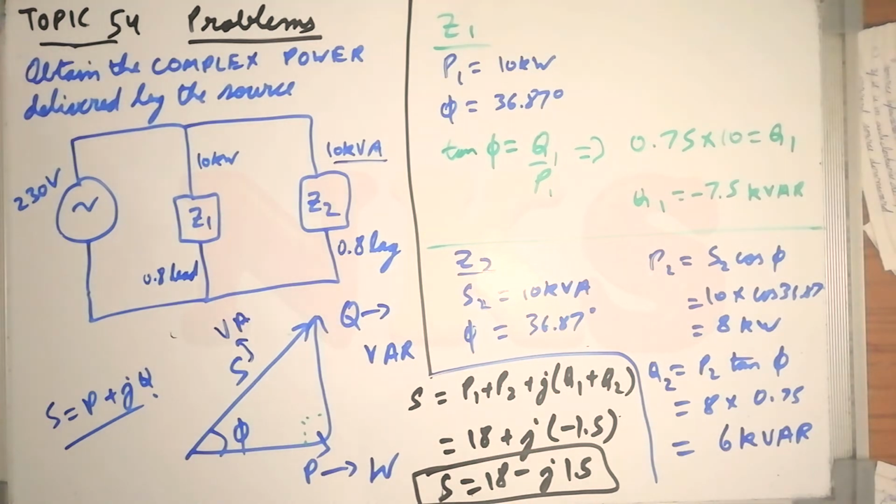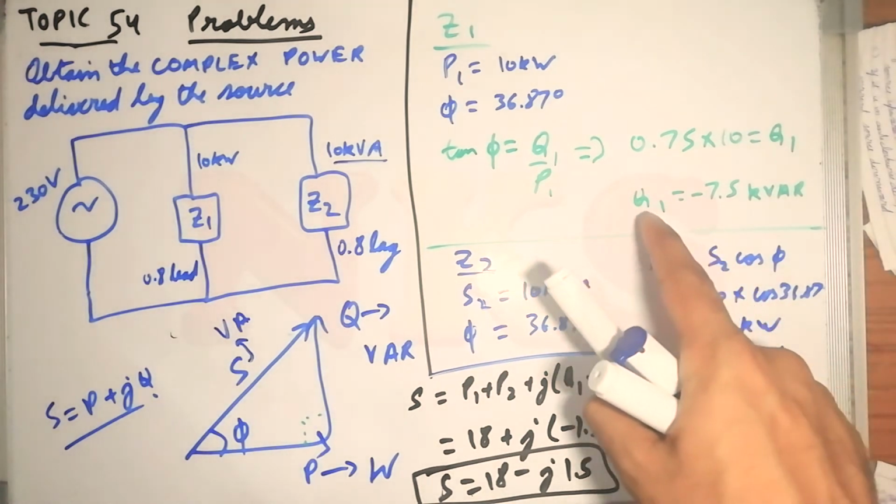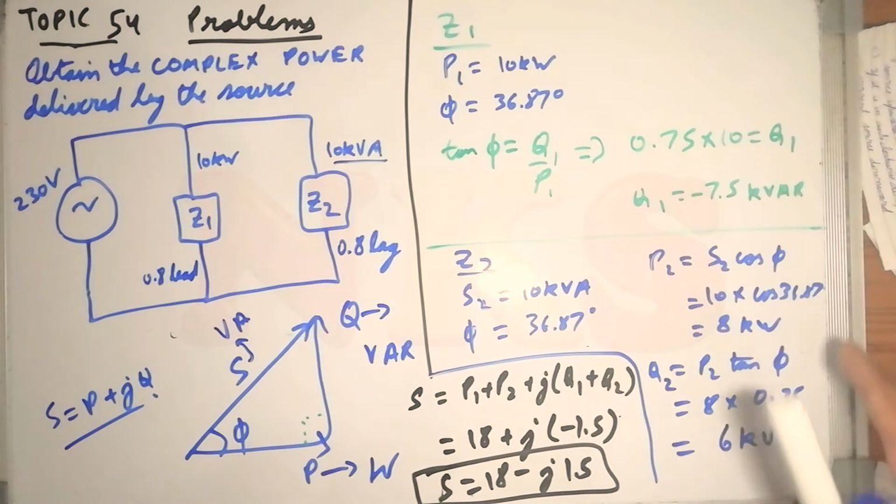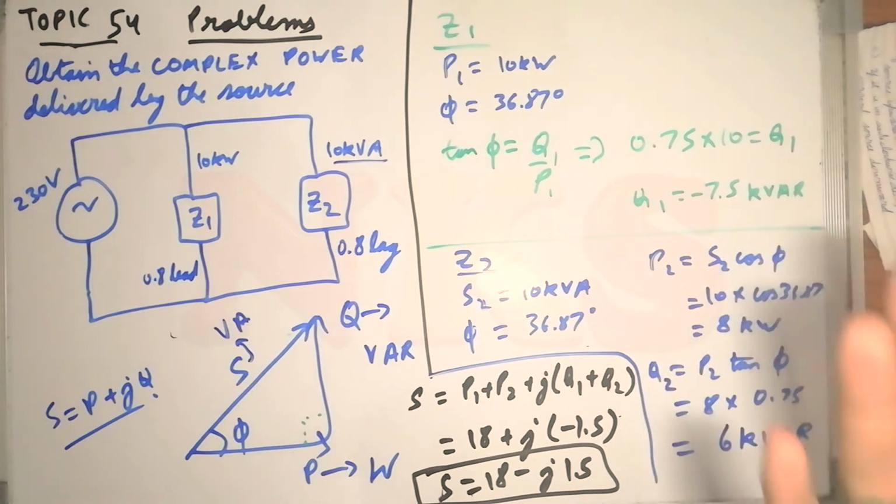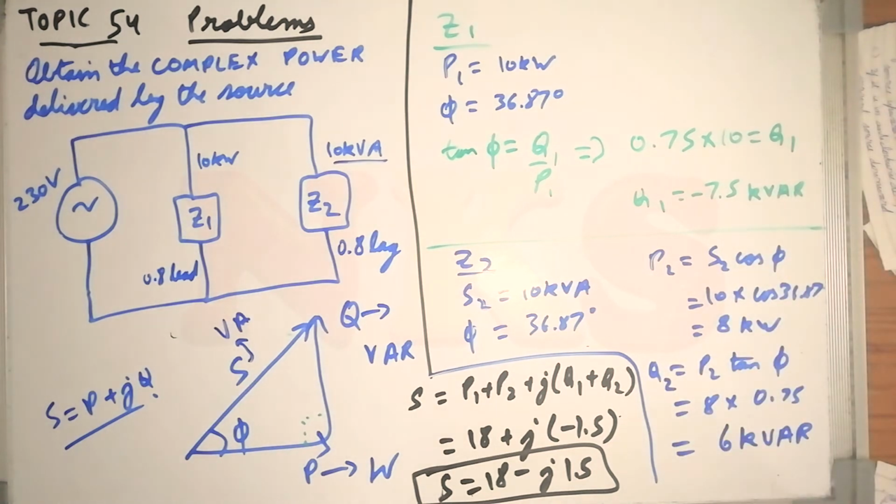Okay, so I hope all your confusions are now removed, and always remember these conventions: for Q, negative for leading and positive for lagging is always taken with respect to the load, that is, the load is absorbing. Okay, so that is the whole question, and I hope you get this. Now we will take our next problem.